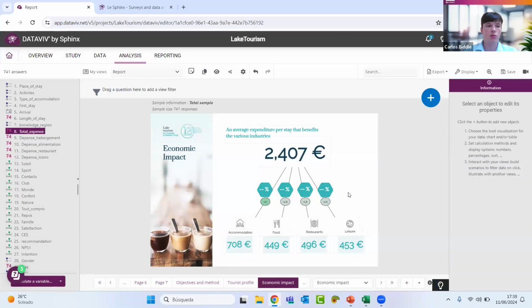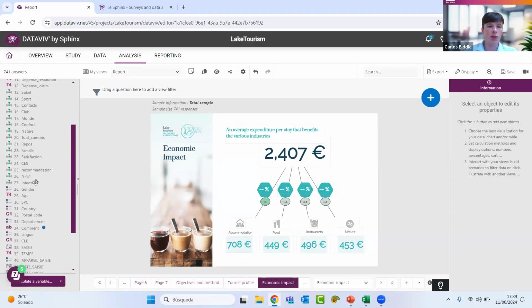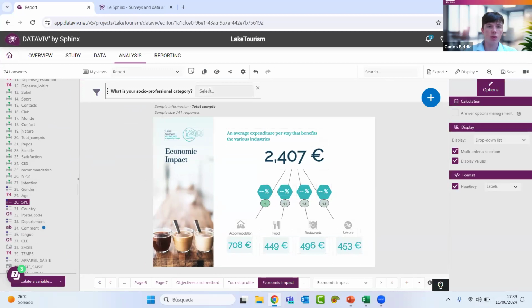And this relationship diagram basically reflects average expenditure in each of these four areas. I can also place a dynamic filter for occupation here at the top. This way, I can see how much retirees